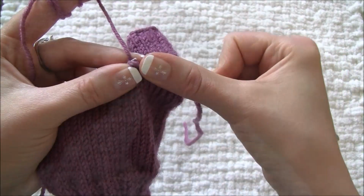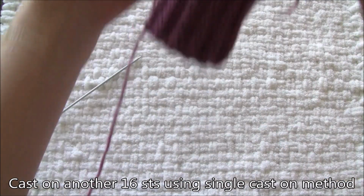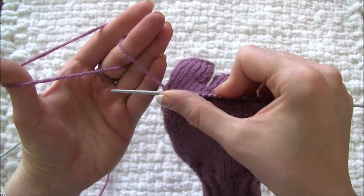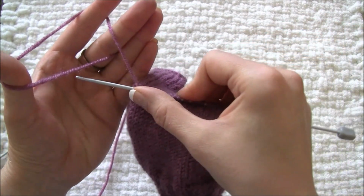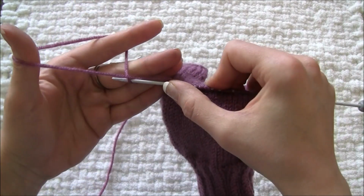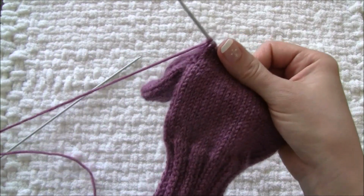And at the end of the row again I'm gonna add another 16 stitches to my 40 stitches, and I will use single cast on method. I use my own creation of single cast on method. I hold the yarn making a big loop with 3 of my fingers, then insert the tip of my needle from bottom to the top to grab the yarn from the other side of the loop and pull it through the